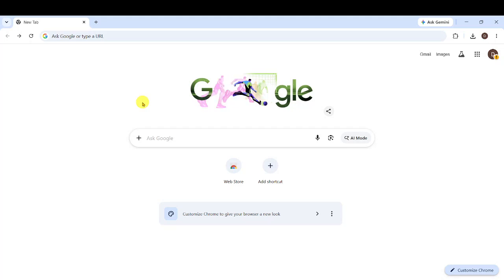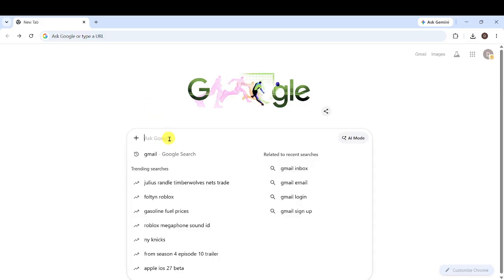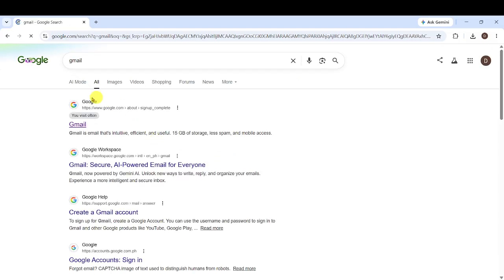Hello, today we will guide you through how to move trash mail to inbox in Gmail. To begin, open Gmail in your web browser. You can search for Gmail if needed, then click into the Gmail website. If you are not already signed in, go ahead and log into your account first so you can access your